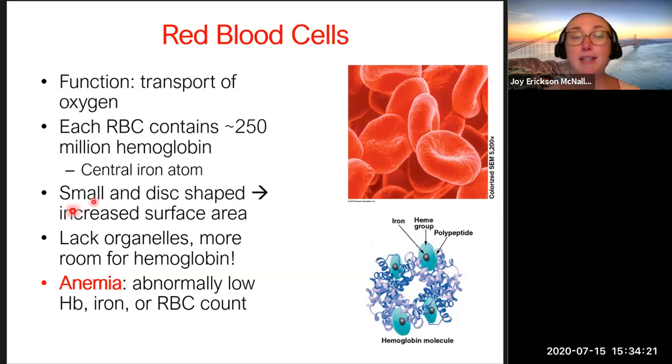So a person who is anemic, or who has anemia, is often tired or worn out feeling, and this is because their cells aren't getting enough oxygen due to low levels of hemoglobin or low red blood cell count. And of course, if you don't have hemoglobin, you don't have lots of red blood cells, you're not getting a lot of oxygen, you're not making a lot of ATP. So you literally have low chemical energy. All right, that's red blood cells.